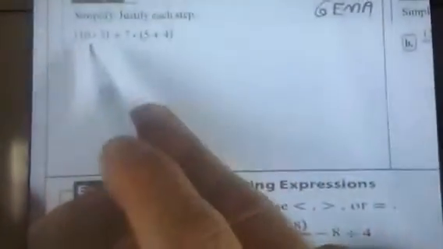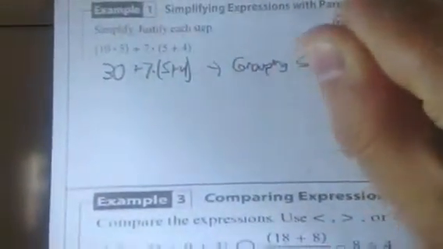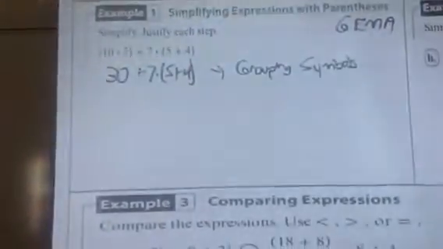So let's use this in an example. All right, we got to do my grouping symbols first. So GEMA, grouping symbols first. Here's my grouping symbols, the first ones I see. So let's go from the left to the right. Let's work this first grouping symbol. 10 times 3 is 30. Bring everything else down. Just do one step at a time. It says to justify each step, so let's tell what we did. We did grouping symbols, okay? I still have some more grouping symbols to do, so I'm going to bring down this 30, and